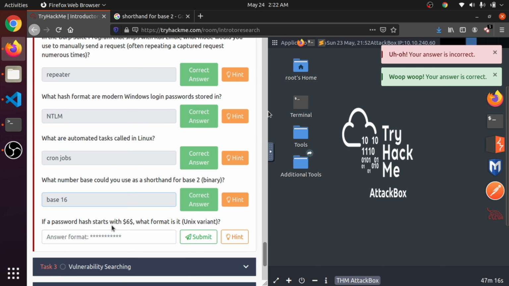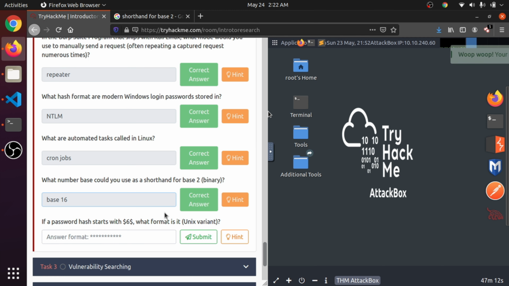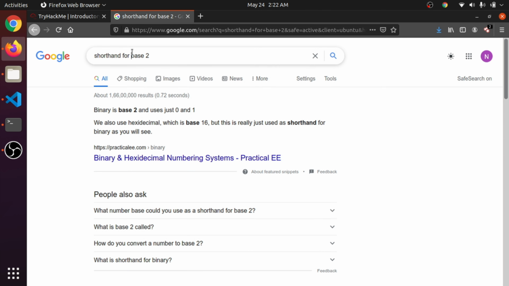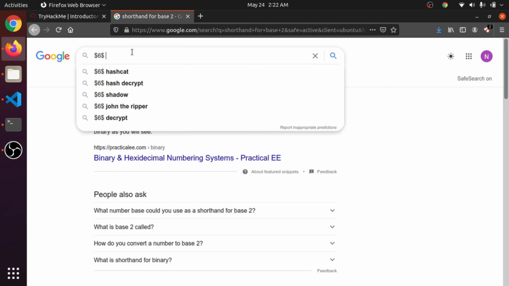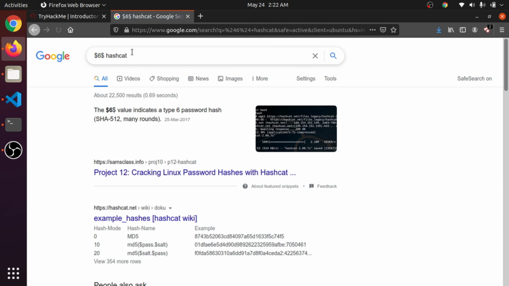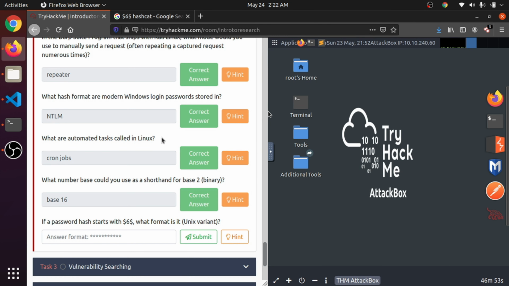If a password starts with $6, what format is it? Unix variant. So $6, checking hashcat. SHA-512 is one hashing algorithm, so we'll see these things in future.